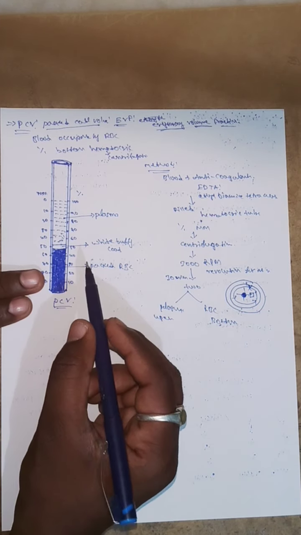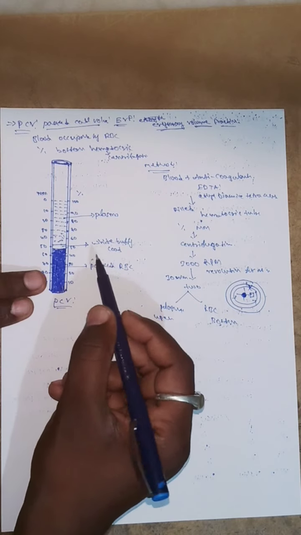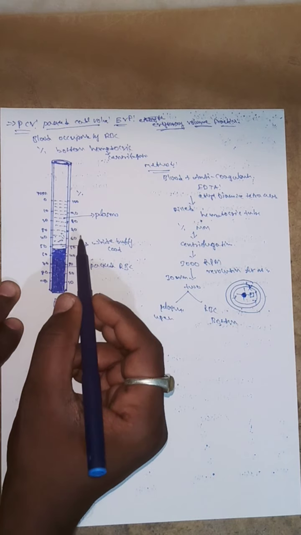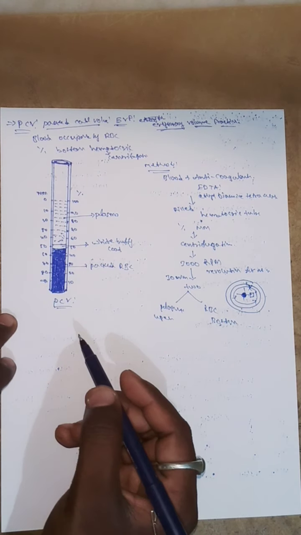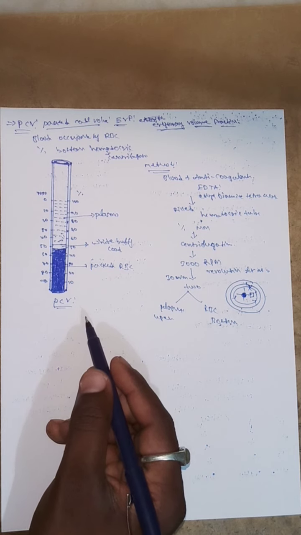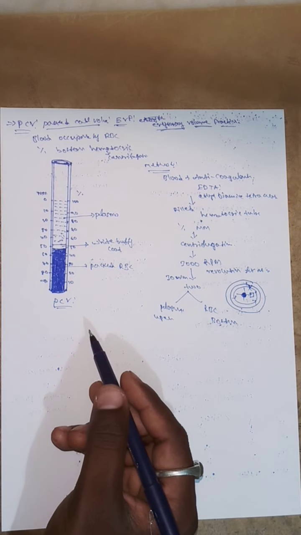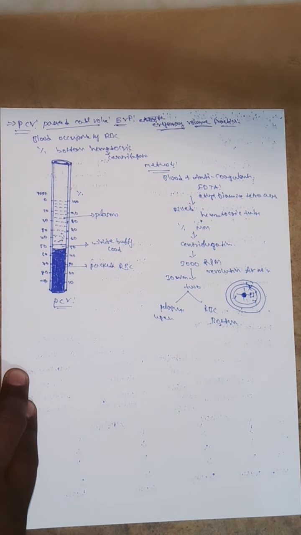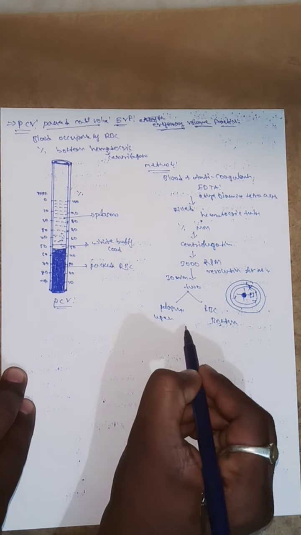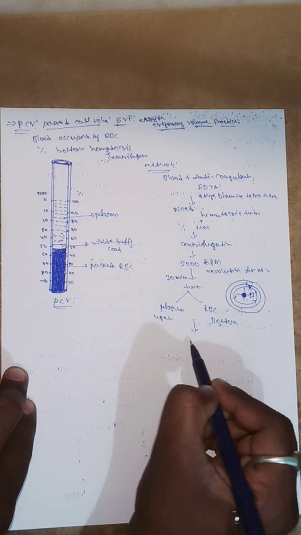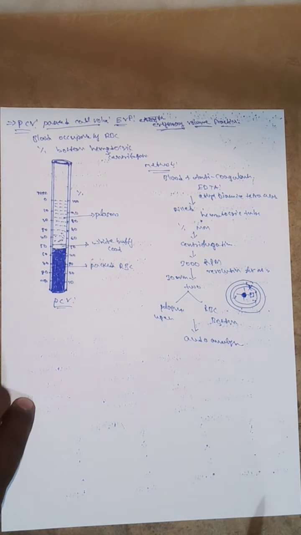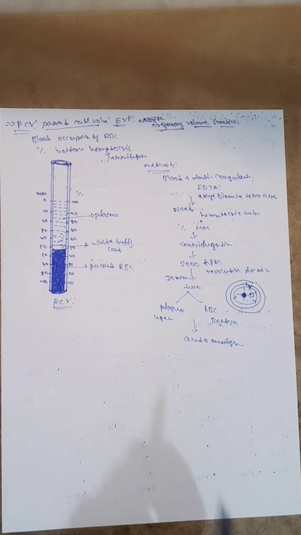So this is about the determination of the PCV. PCV is identified by a particular hematocrit tube. The PCV cannot easily be identified by the naked eye, so its accurate value is obtained by direct measurement of the PCV. The PCV is identified especially by an auto analyzer. So the RBC and PCV are identified by the auto analyzer, which gives the PCV range. So this is the method of the PCV.